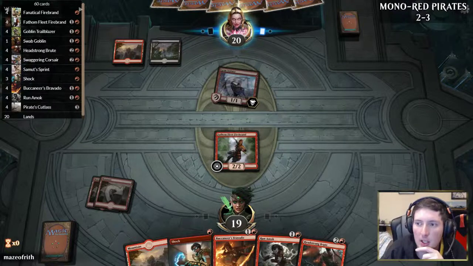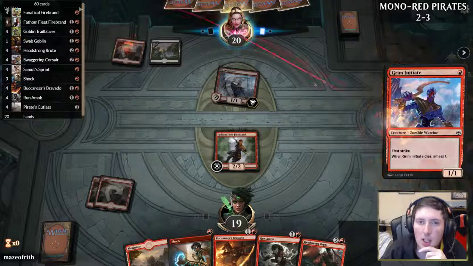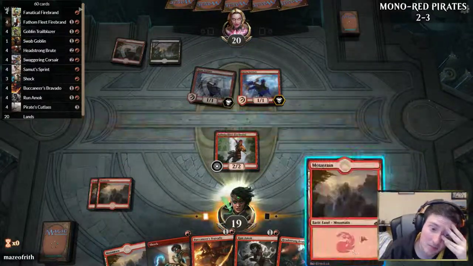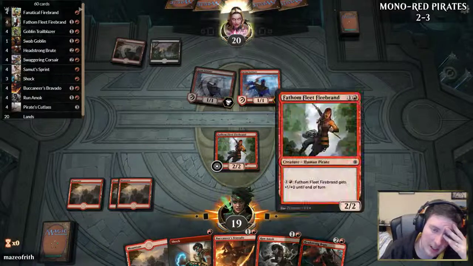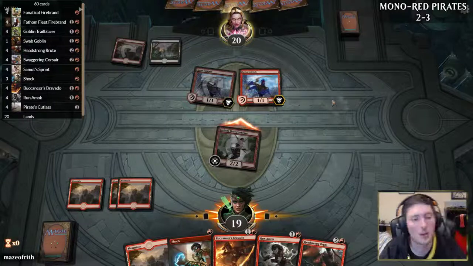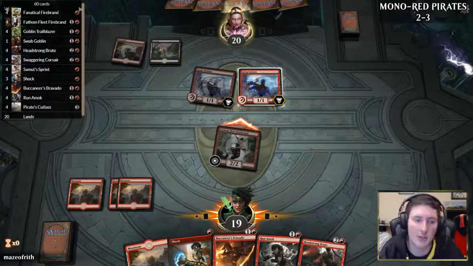Absolutely never blocking. 0% to block. Another Grim Initiate. Okay. Maybe if opponent, like, we're going to play Headstrong Brute this turn anyway. Definitely getting in with the Firebrand, because we have Shock if opponent's going to do something dumb like...